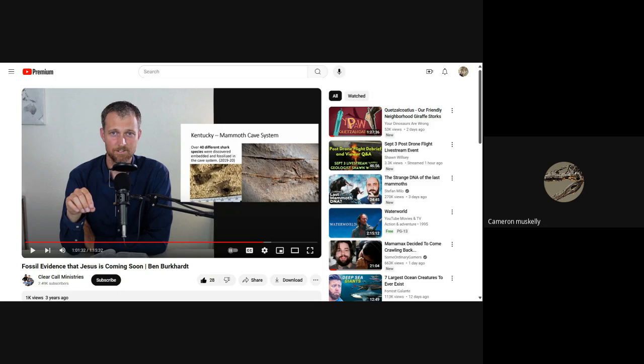In fact, a good friend of mine, Dr. John Paul Hodnett, has done a lot of research into describing these fish, these sharks that are found within the Mammoth Cave region. He has collected a lot of the fossils from there, and he has studied this. And I also work with John Paul Hodnett on describing some of these Paleozoic sharks, not found in the Kentucky cave region, but I have a published paper with him describing